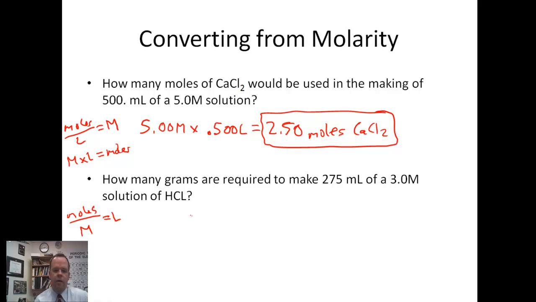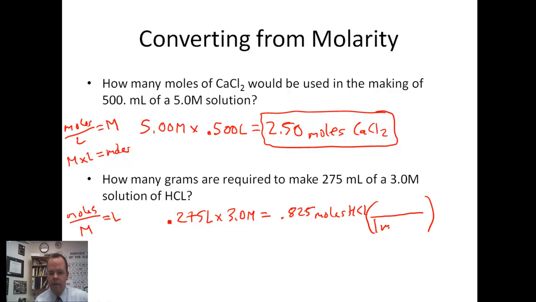The next case, how many grams are required to make 225 milliliters, so 0.275 liters, times 3.0 molarity will give us moles. So we're going to get 0.825 moles of HCl. To go from moles to grams, that's our conversion we learned back in chapter 6. So we need the molar mass, which is 36.46 grams for 1 mole,